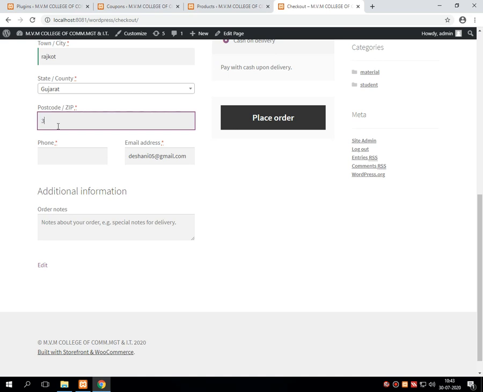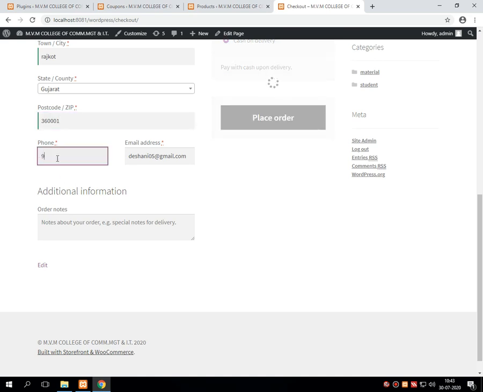Once it is done, we need to enter a valid postal code, then a valid phone number.